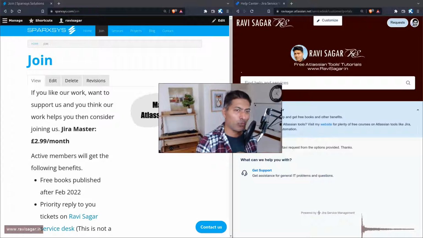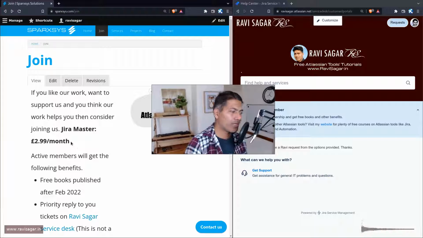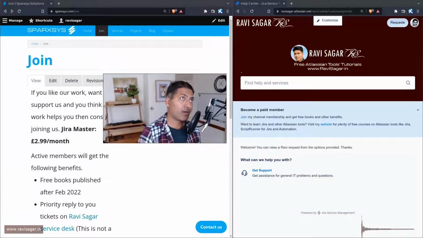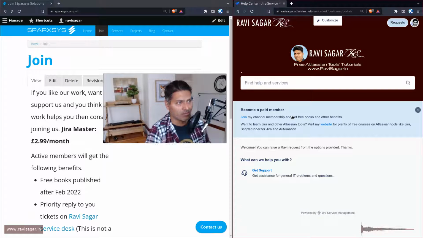And because it is nothing but tools, I can always integrate these two tools together. The only thing that I need to do is, the moment you subscribe and make a payment, or become a paid subscriber, because I have a separate organization in Jira Service Management, Jira Service Desk. So this portal is built using Jira Service Desk or Jira Service Management. I have something called an organization for these paid members.